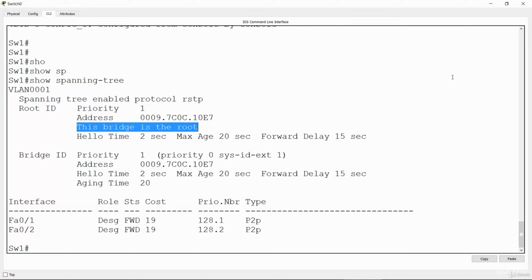As you can see, it's pretty straightforward and so easy to configure STP, and we have a few options to change the root bridge. And we completed the 3 steps in the configuration lab, and thanks for